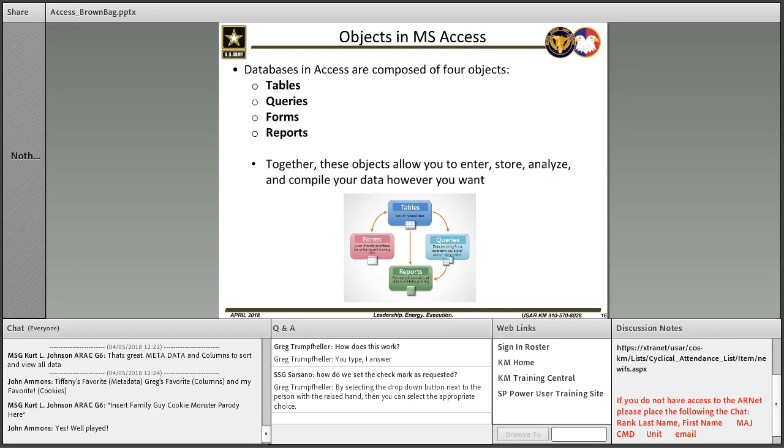So in Tiffany's metadata example, Kurt here wants to see the birthday list by month. Jackie wants to see it by cookie type, and John wants to see it by name. In Excel,